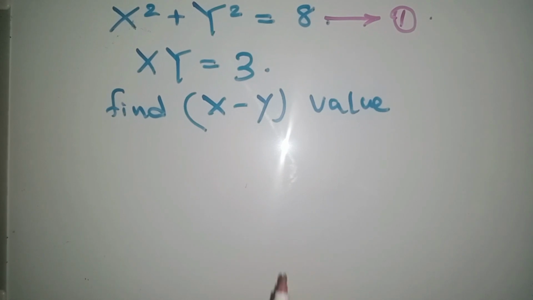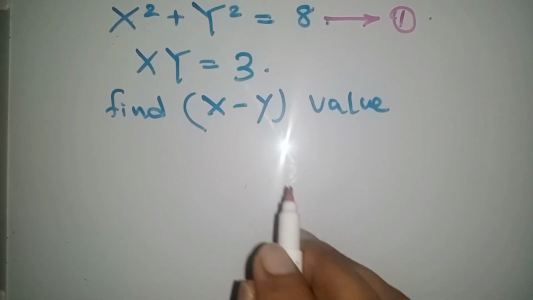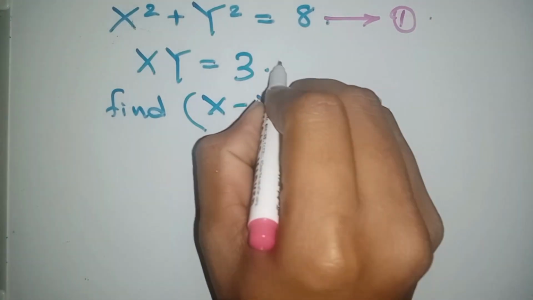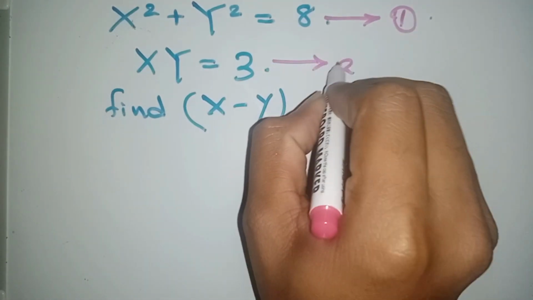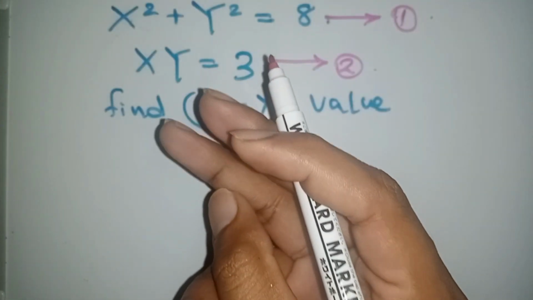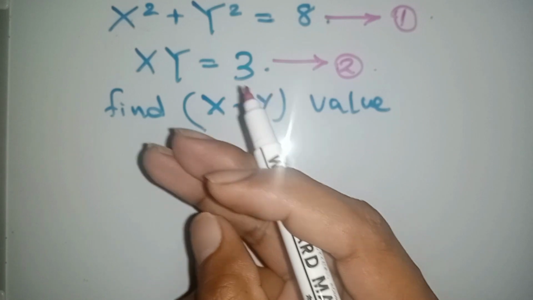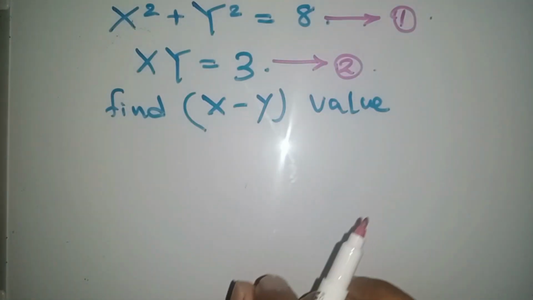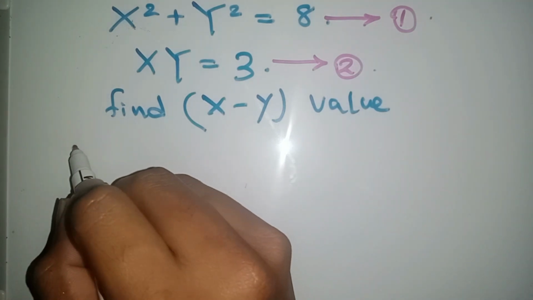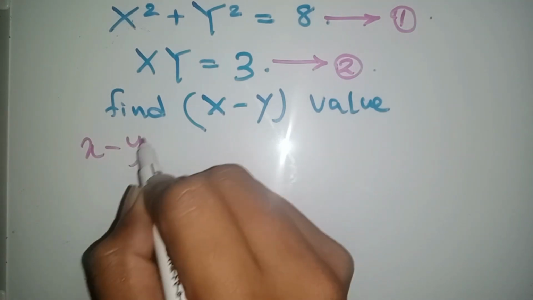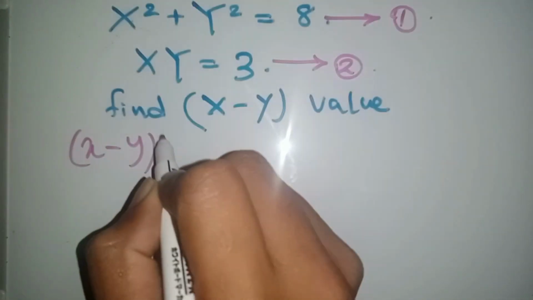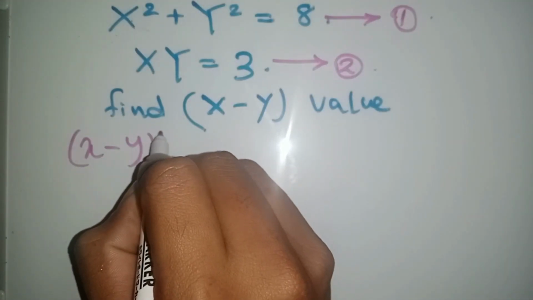My second mathematical expression is x and y multiplication equals 3. I'm going to name these two mathematical expressions like this. Thereafter, I'm going to write (x minus y) within brackets, and total square,